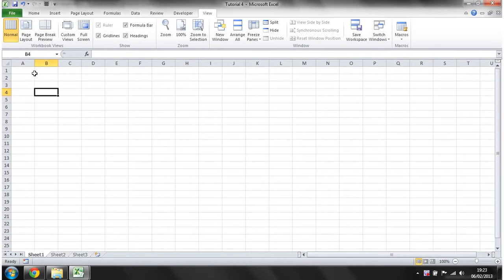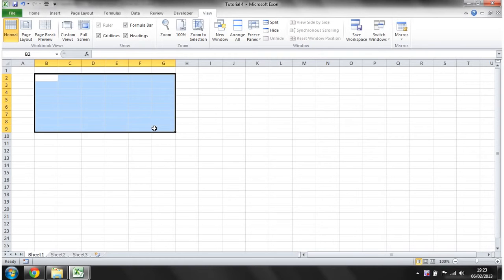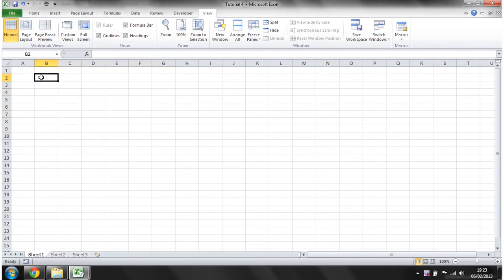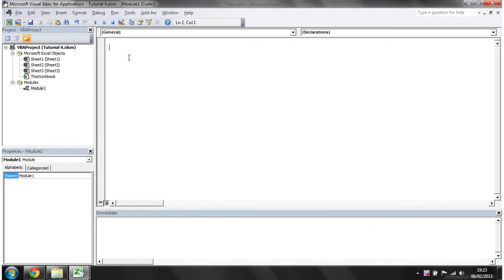This tutorial is going to go through how to reference your selections. So what is a selection? Pretty straightforward, it's what you've selected on the screen. I don't know why I bothered explaining that. It's whichever cells you've got selected at the time, regardless of which sheet you're in. It's going to be those cells you've got selected. So if we go into our code, I'll show you how to